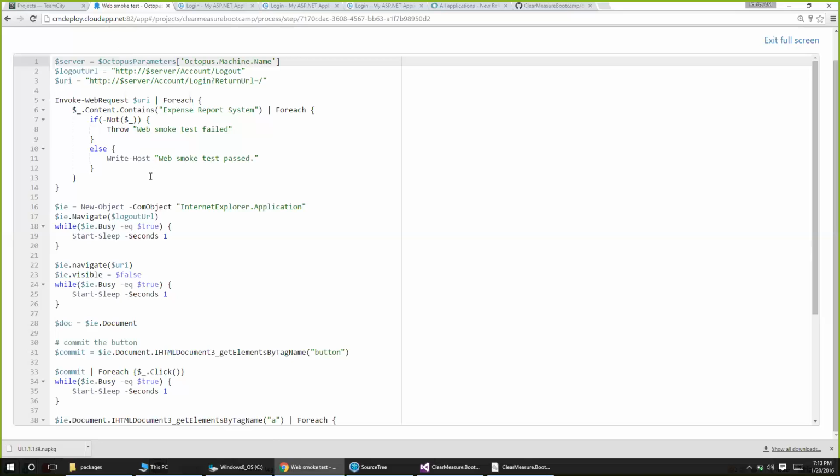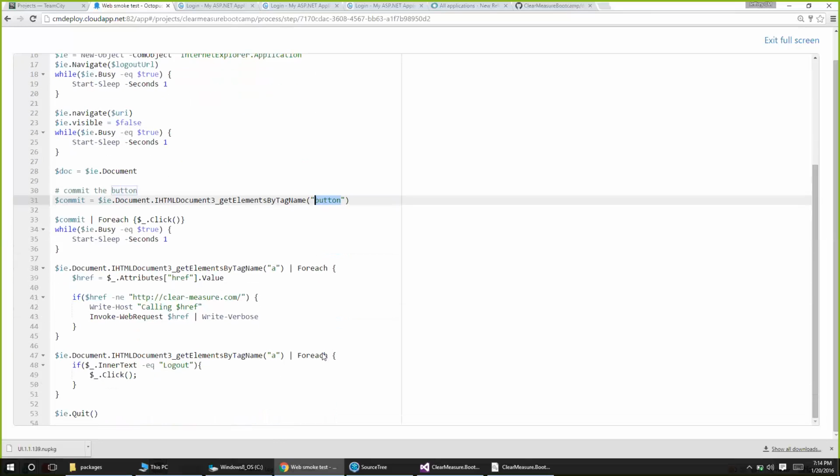Further, if it says web smoke test passed, then we're going to use a little more PowerShell, and we're actually going to create an instance of Internet Explorer within the PowerShell process. We're going to navigate to the logout URL to make sure it's a fresh session, and then we're going to navigate to the base URI. We're going to make sure that Internet Explorer is not visible, and then we're going to pull up the web page. We know on the login page there's only one button, so we're going to find that button. We're going to click it, and with these get elements by tag name,